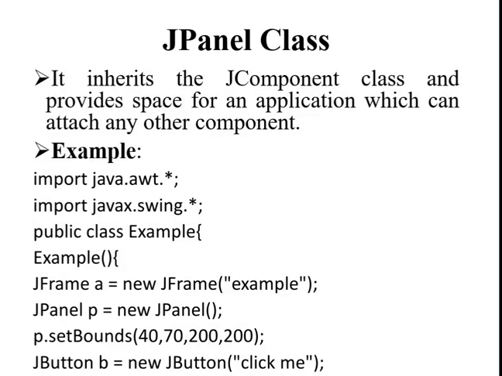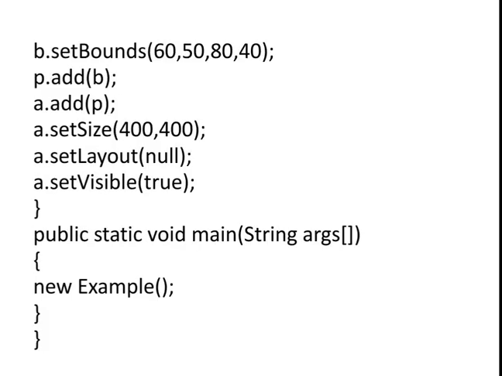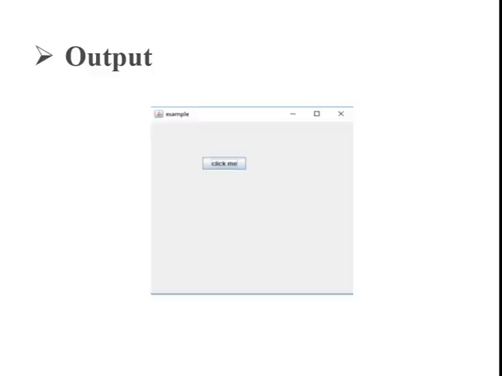This is the constructor that is used to represent the JMenu class. Curly bracket, new example, close curly bracket, close. This is the program that shows how we can use the JMenu class. The output of this program consists of a frame with the name of example, and it contains a menu with the name options, and the options include example and example 1. This is the output of the JMenu class component.